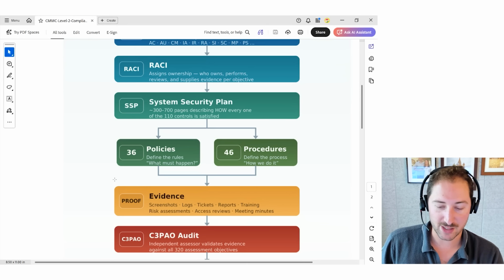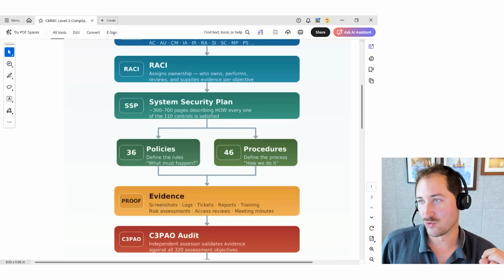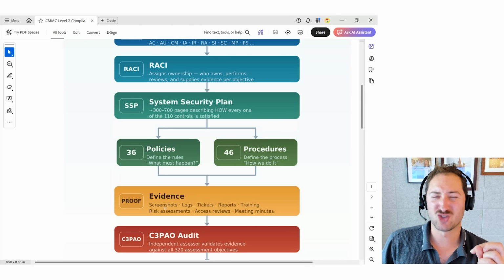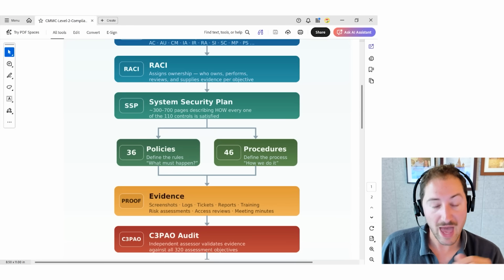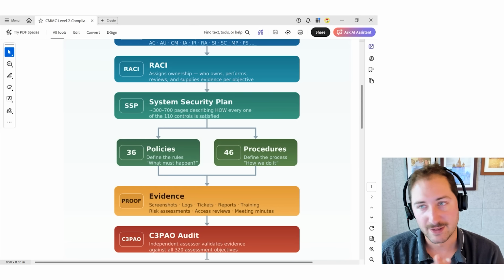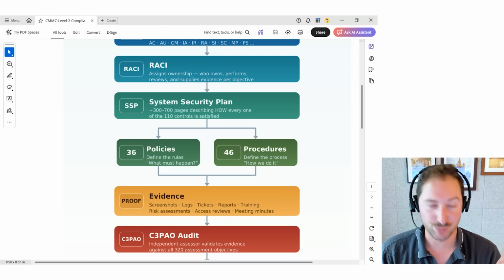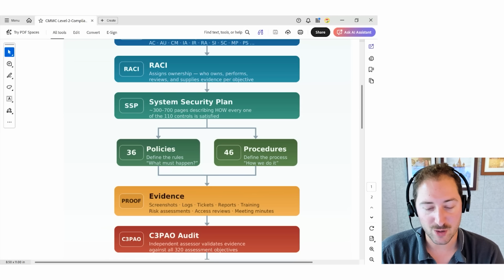Okay, I wrote the policies. I said how we do it. Now I have to take the screenshots, the tickets, show proof that all your employees did the training. When did they do the training? What was the topic of the training? Can you prove they did the training? The evidence package itself can be easily like 700 plus pieces of evidence proving the thing from your procedures and